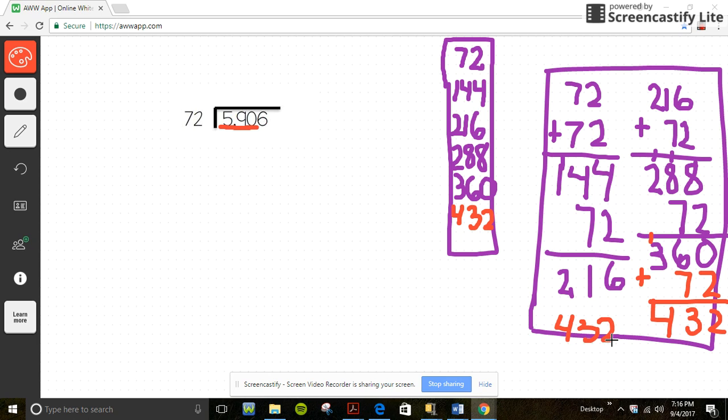432 plus 72. 2 plus 2 is 4. 3 plus 7 is 10. And carry the 1, and that makes it 5. Excuse me, I'm so close to the bottom here. That's 5, and that's a 0, and that's a 4. So let me put that in there, 504. Even though we're in the 500s and we're looking for 590, I always like to go to make sure